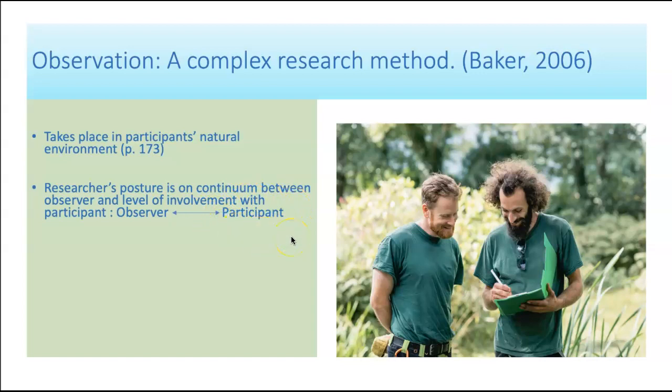For example, an observational researcher sits at the back of the classroom and observes a particular group of students, but does not interact with those students at all. So the participants become the focus. Or, and very often, there's interaction and a kind of symbiosis between the observer and the participant. And of course, this positioning may change over time as the research moves forward.